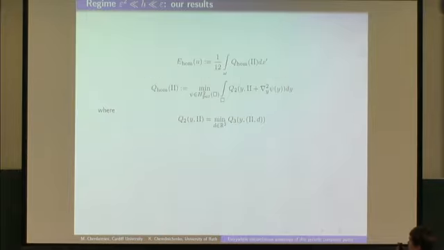Right. So now our result in this regime, when h is between epsilon and epsilon squared, so it is small but not super small compared to the period of the structure. Again, we obtain the functional of the same form. The only difference is in the